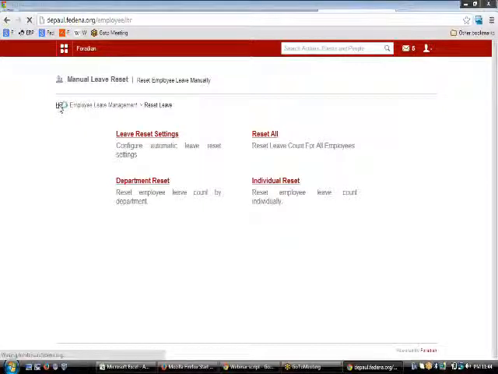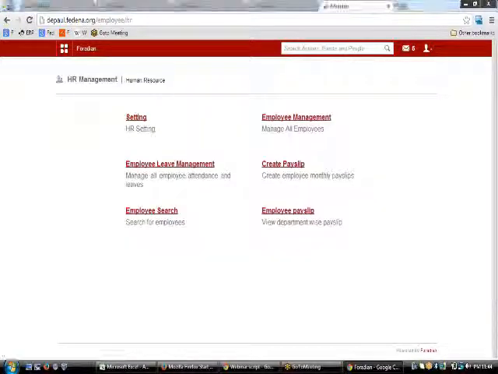So the next big thing in HR would be this create payslip. Before getting into this payslip, I would just like to let you know that whenever it comes to payslip, this is basically a two-way process. As I've said, the employees can be given any one of these tasks. So let's suppose that you have an employee specialized to handle tasks in finance. The person who's in charge of human resources, or the HR, basically has to create it, and then the HR of finance either approves it or rejects it.